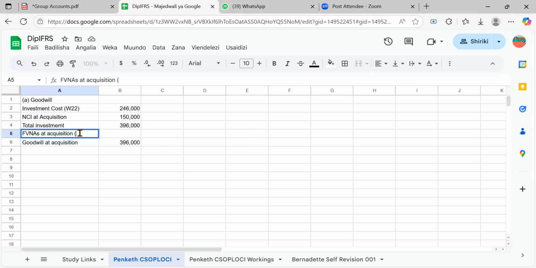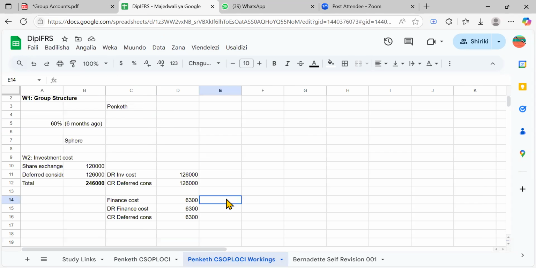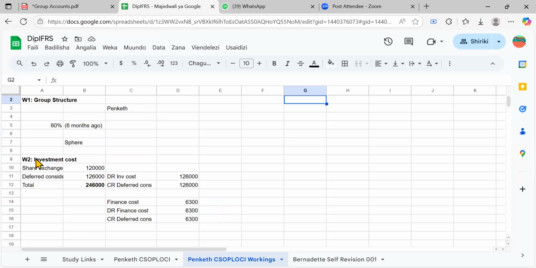Now let's go to the fair value of net assets at acquisition. Let's say this is working 3. I think we are yet to deal with working 3. Okay, let's go for working 3 now. Go to the working section here and say working 3. Let's just go parallel, I don't want to go so far down. So I would come here and say working 3,